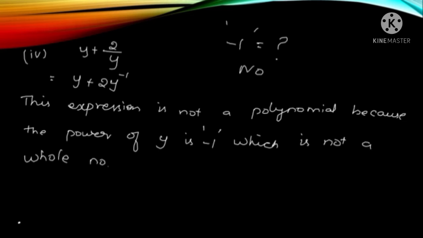Okay. Next, fifth subdivision, x power 10 plus y cube plus t power 50. Is it an expression? Is it a polynomial of one variable? No, definitely not, because we have three variables. x is a variable, y is a variable, t is a variable. So we have three variables, so this expression is not a polynomial.